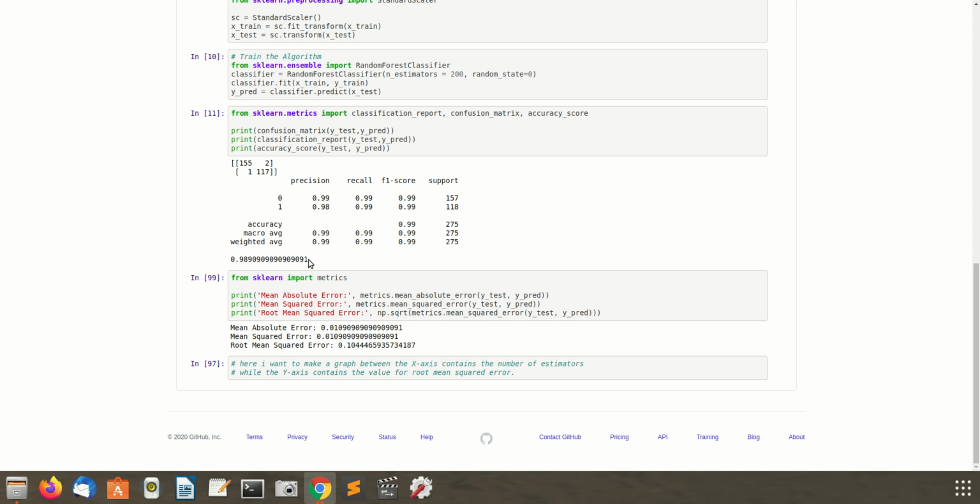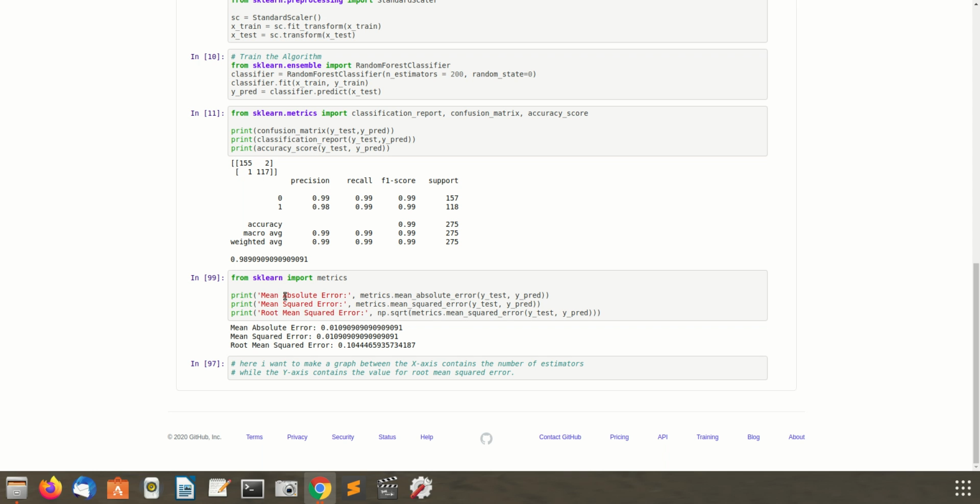And this one is the accuracy, and the accuracy we get from this algorithm is 0.98, meaning 98.9%, touching 99%, and this is pretty good.